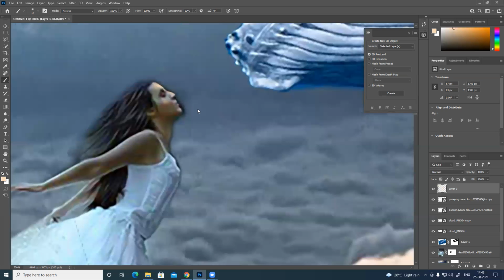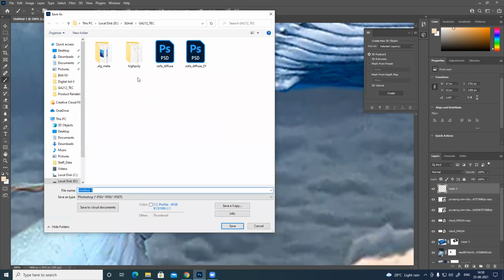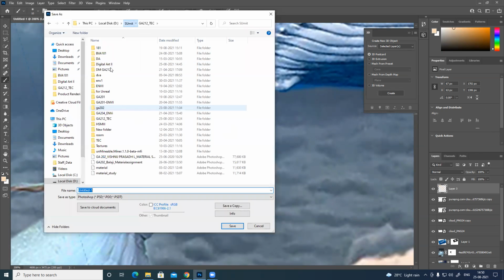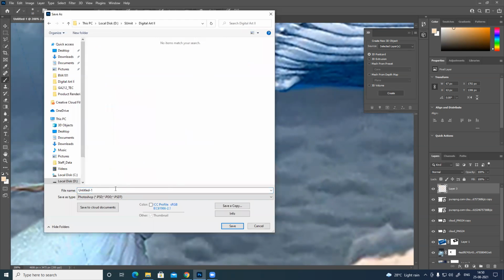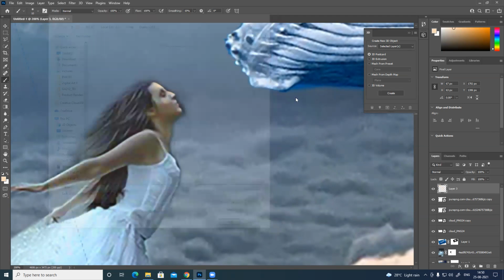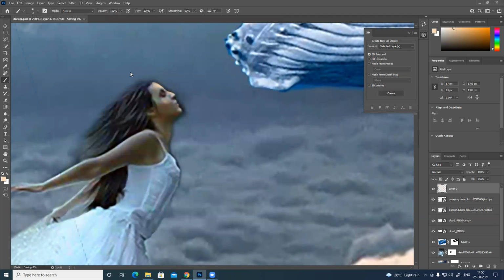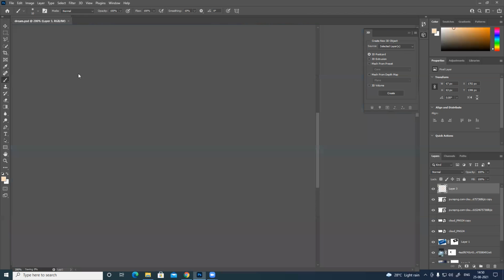Why am I not able to zoom? Okay, it's working. Let's save my file first. Save.